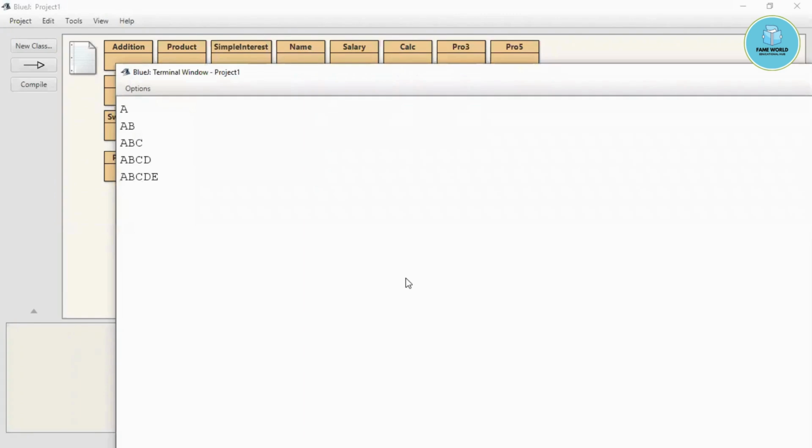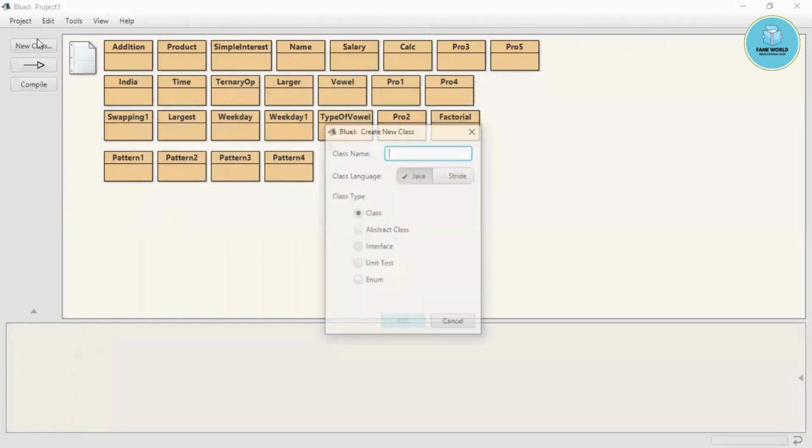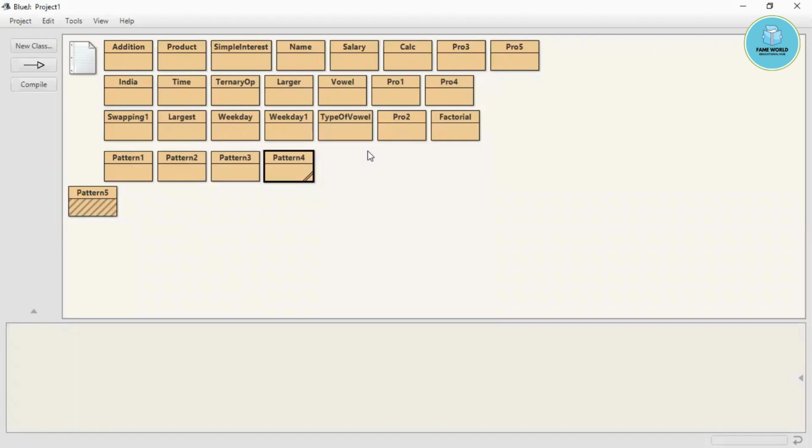So modifying the value of i and j, and for characters I have told that this was different. Modifying the value of i and j, printing the stars, these kinds of things could be done with the help of these ASCII values, or interchanging the values of the loops. I hope you are getting the concept.